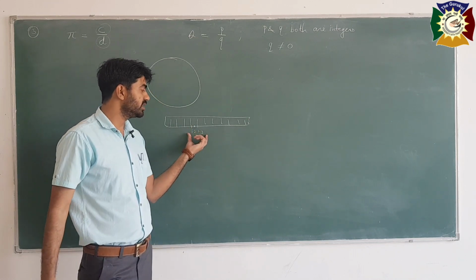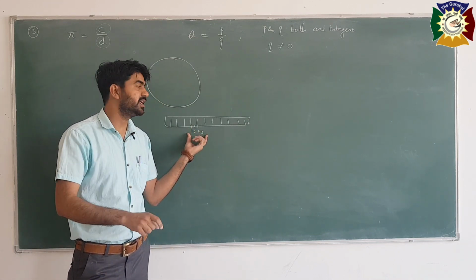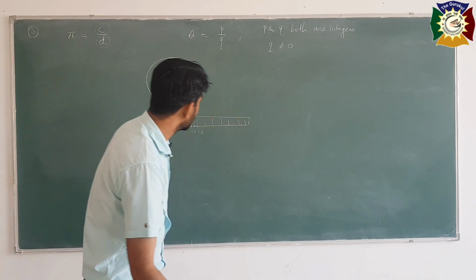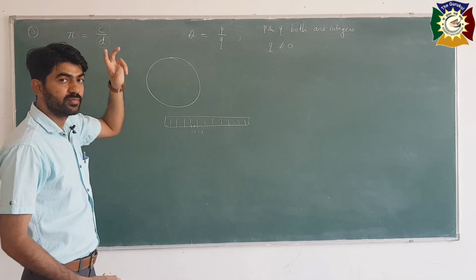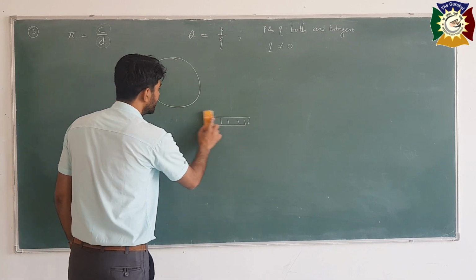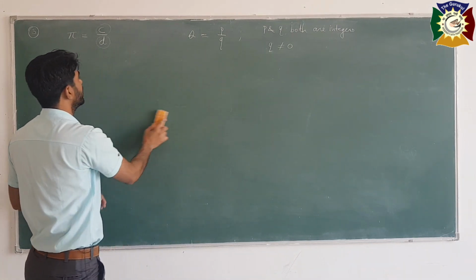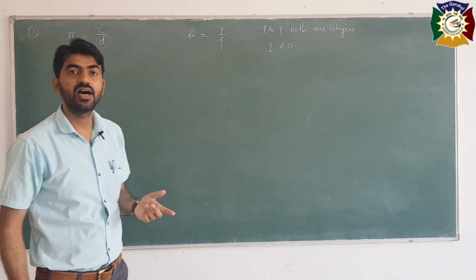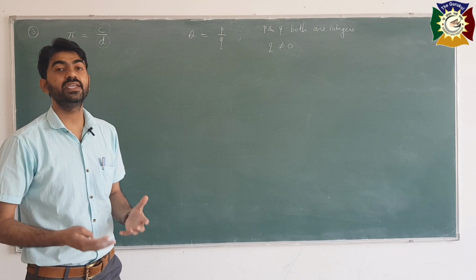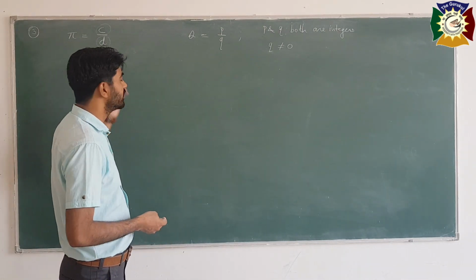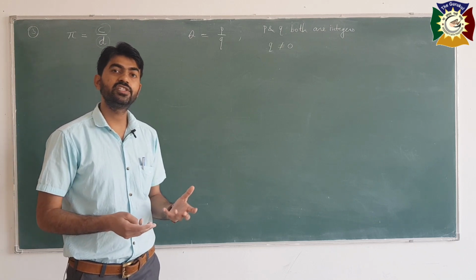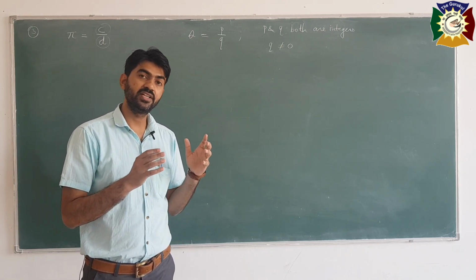So we cannot measure the number exactly by using these scales or tapes. So this shows that C and D both at the same time will not be integer, first thing. Second thing, the values which we get by measuring circumference and diameter are not accurate. But when we convert pi in decimals, we get a value which is non-terminating and non-repeating.